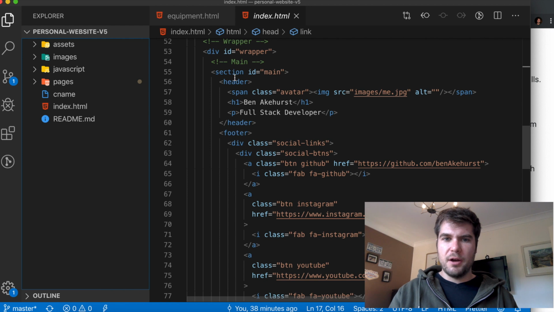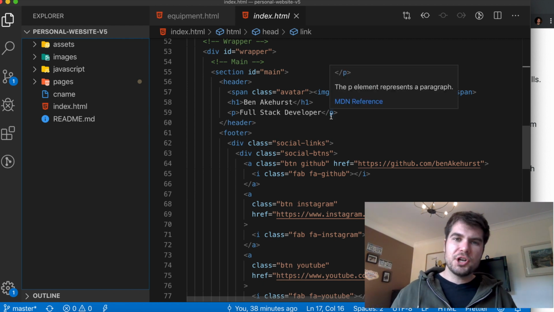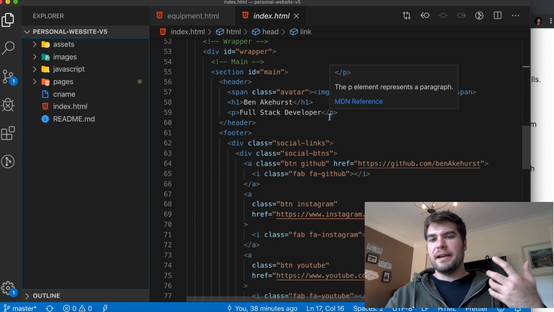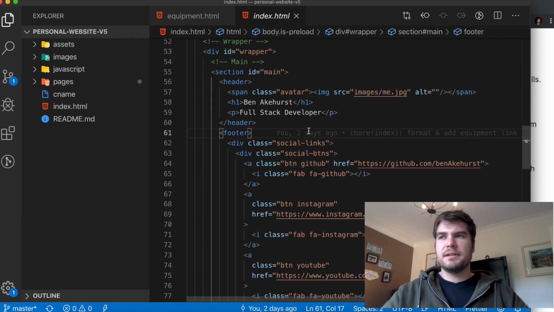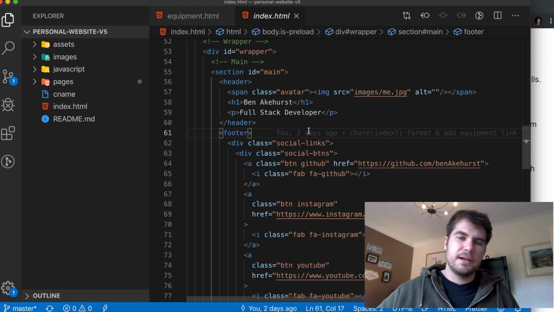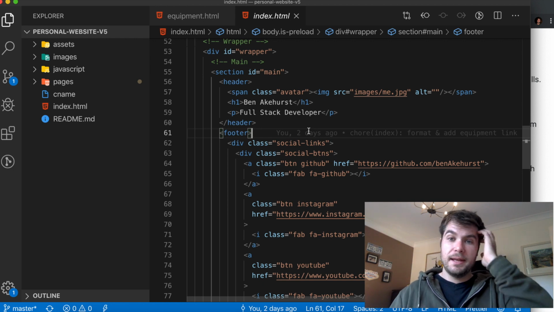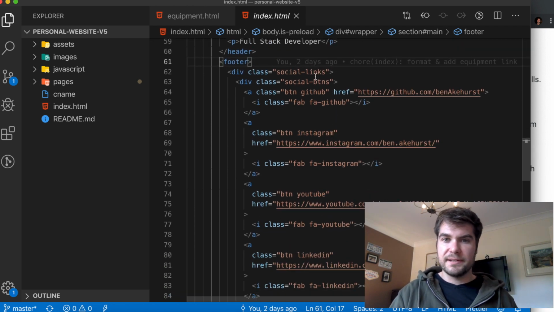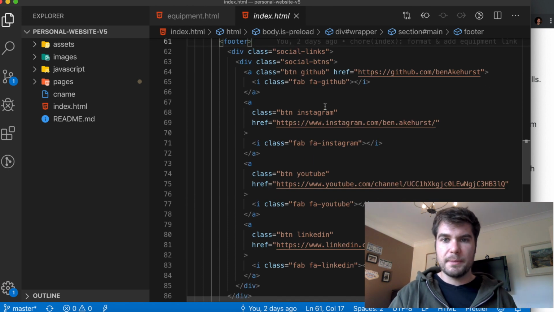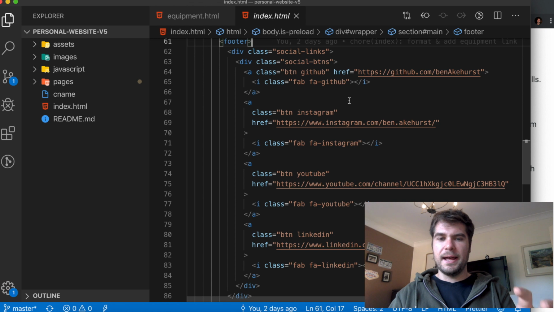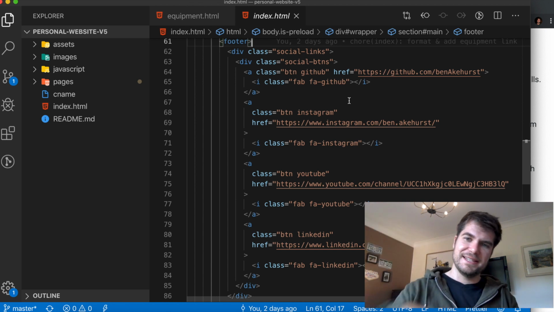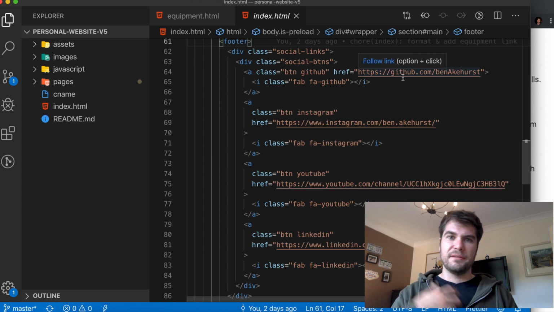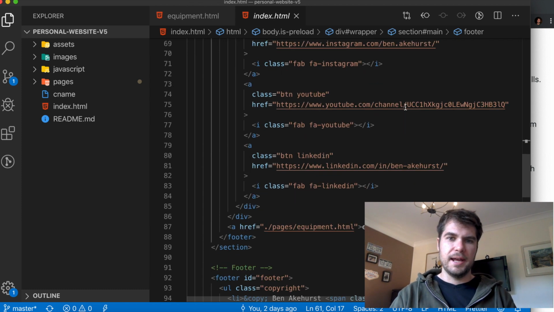Then I've basically just got the header section here, which has my name, what I call myself, my job title, let's say. Even though on paper, at my current job, I'm a front-end developer, I have the skill set of a full stack. Not that title really matters to me, but people like titles, so I call myself a full stack developer. A link to my image. And then basically this is the little social links section that I built once upon a time on my previous website. So I just copied it over and took it out of SCSS back to CSS. And instead of all the links happening through JavaScript, they are just hard-coded in here.